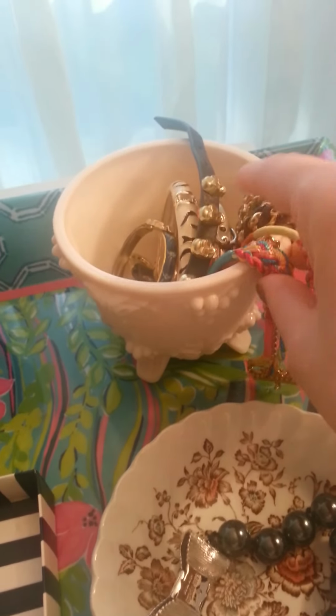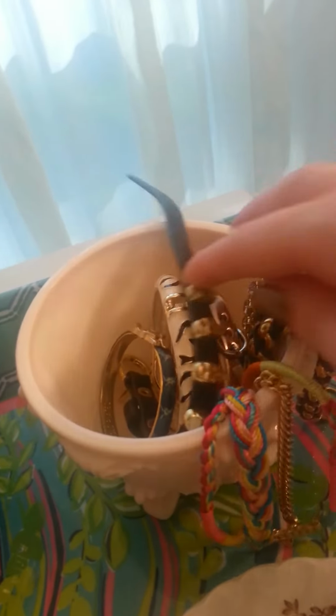Another thrift store bowl. It's like a pink milk glass type one, and this has some of the friendship bracelets, some of the edgier ones. This Gucci one that I found at a flea market once for like $1. I was so excited. And then this is a little iron